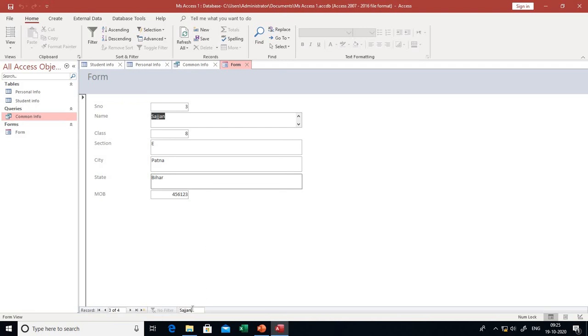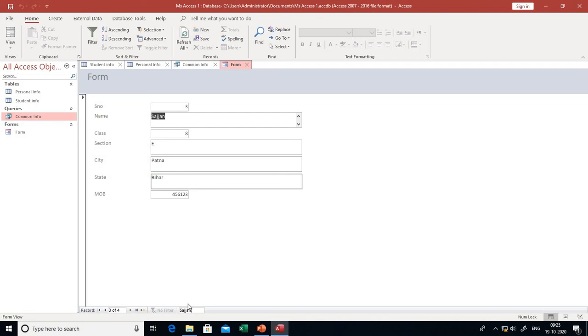Through this search bar, you can search directly the form. I hope you understand how to create a form.